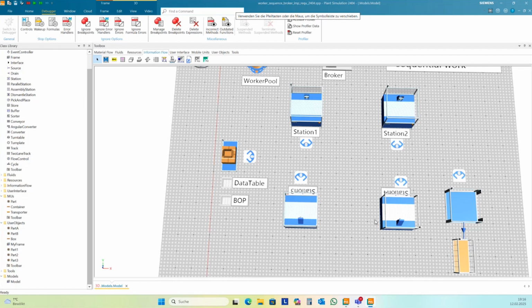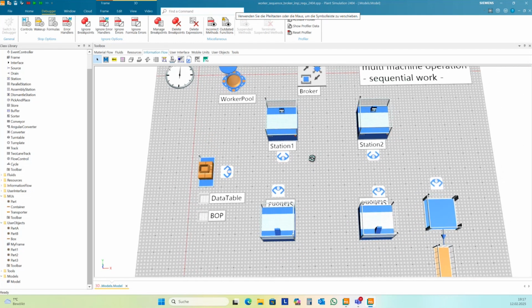We need to increase one order number, for instance, in the MU, and then you can look into the bill of process of the parts: where's the next place? And then you need to wait until there is the station 3 here, if you don't have an interim buffer. And then you can move the part to the station here.